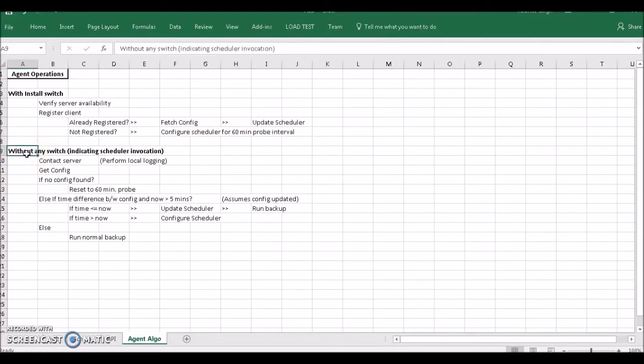However, if the utility is used without the switch, which is what the scheduler will fire, it will contact the server and get the config. If no config is found, it will reset the scheduler to a 60-minute probe interval. Otherwise, I've changed this to a simple difference between the config and scheduler time. So if the config time received from the server is less than the current scheduler time, it will update the scheduler and run